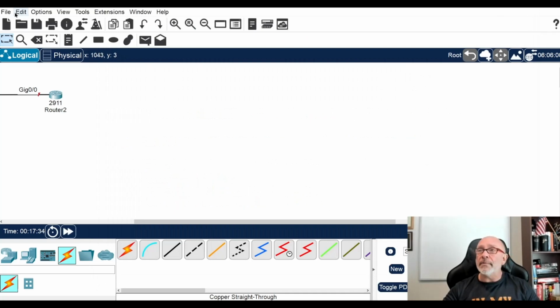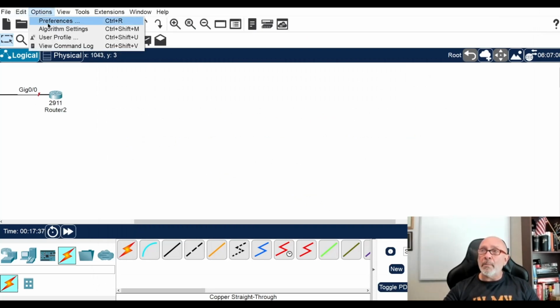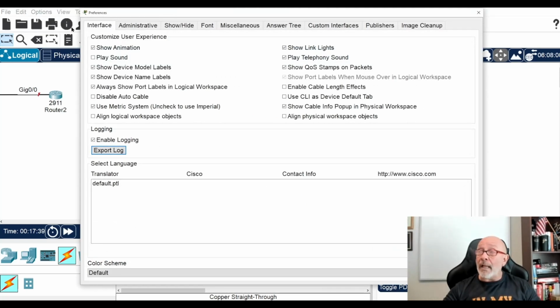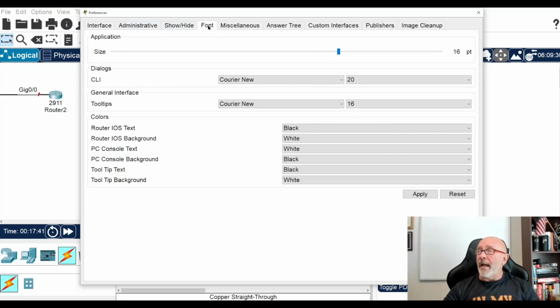Oh, and by the way, just a quick note, you go to options, preferences. If you're ever in a class with me, please, in the font tab, look what I use. For the applications, the size, I use a 16. For the CLI, that's the maximum, 20. And the tool tips that pop out, 16. I don't care what backgrounds you have. You can leave the default, doesn't matter. But please, I'm not eagle eye. Use at least for the CLI no less than 16, 20 would be nice. Just so you know, but look, you can do all these things. Isn't that awesome?